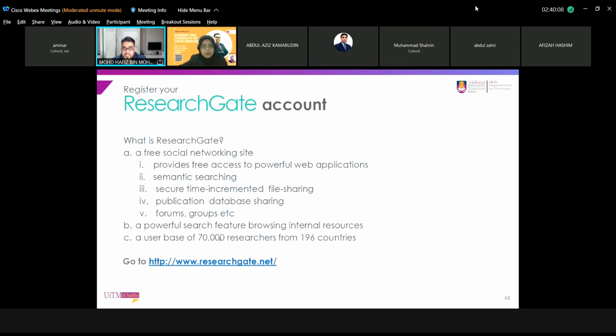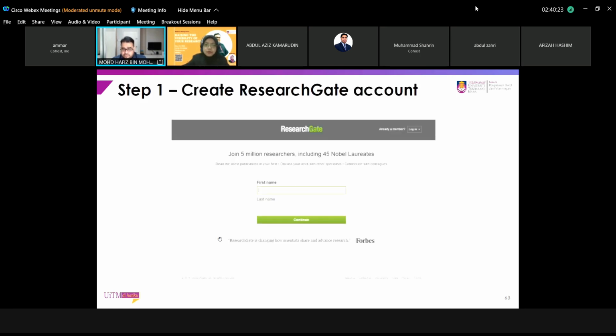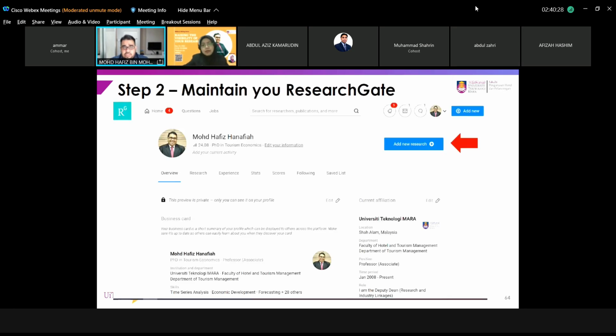So ResearchGate ni is actually macam Facebook for us. It is a free social networking site. It provides free access to certain application, and you can do publication database sharing. That's the best thing. And you can register your name and you can add your new research. So kita boleh any publication, saya tambah dalam tu. Dan eventually they can download automatically tanpa nak ni. Ada yang saya add my research independently, maknanya dia orang terpaksa request. Dan bila request, dia akan